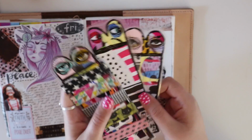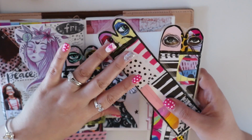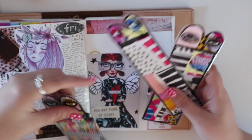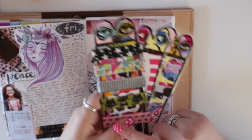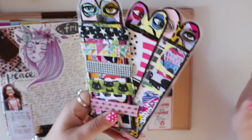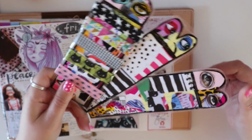You can have different colored theme ones, so you could do a pink version of this one, a green version, a yellow version, and then have all color coordinating tapes on it. So you could have that. You could pop holes in the bottom and hang them off like a key ring type thing, so you have almost like a swatch book of washi tapes, and then that's one way you could color code your monsters to that. If I was going to do a swatch book, I'd probably make them shorter, but this is just